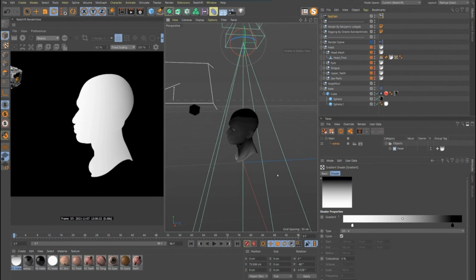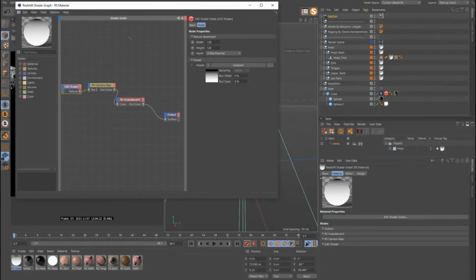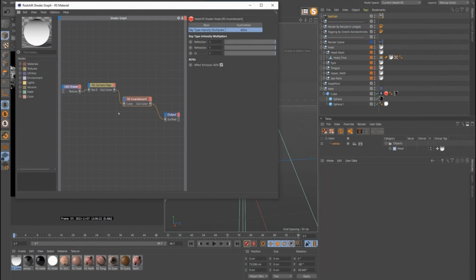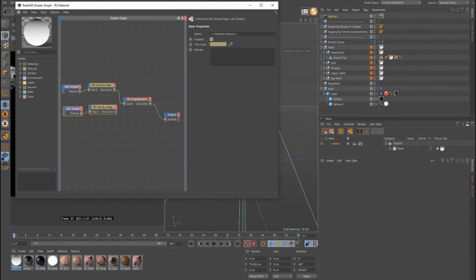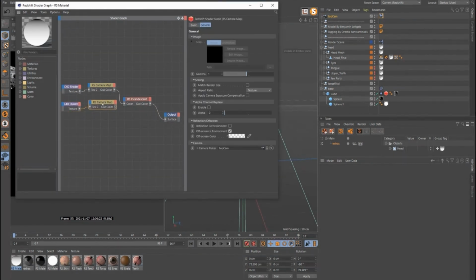You could do another take, make another material, do a top to bottom gradient, but then I think things start to get cumbersome. So one of the things I like to do is just do it all in one material. And then how do you do that? Well, the way I would like to do that is let's duplicate this. Right, we duplicate that guy. We have our gradient in there. We have our camera map. We want a different camera.